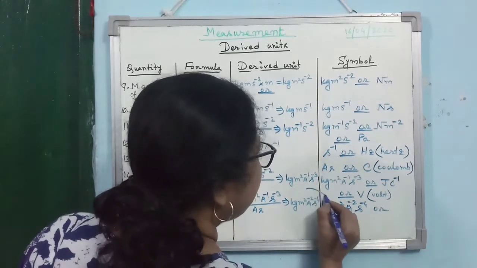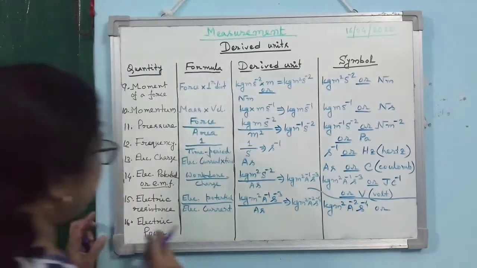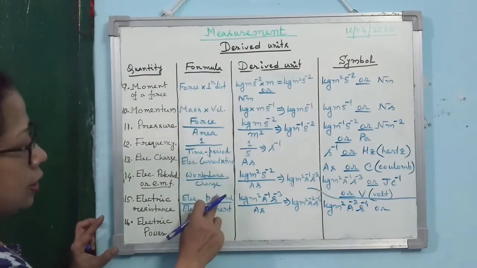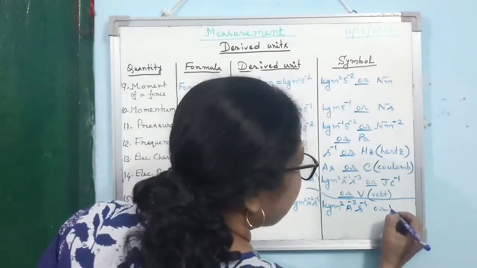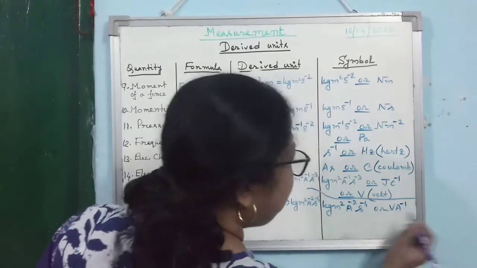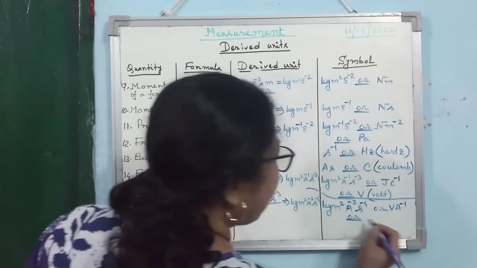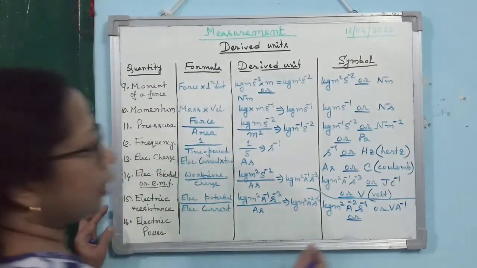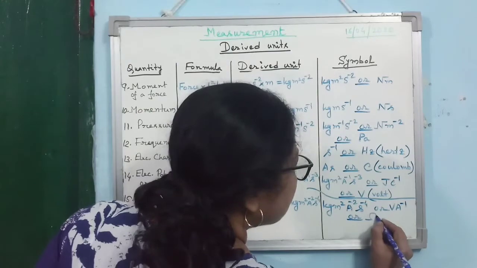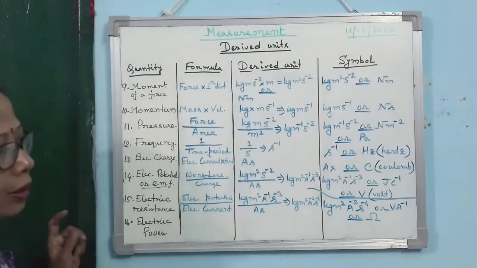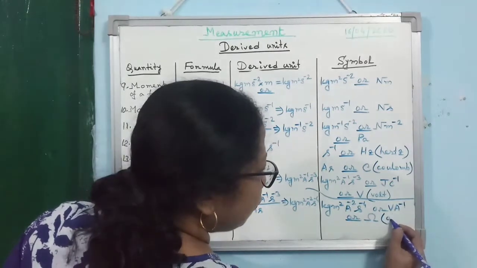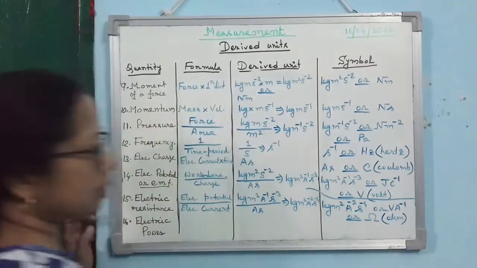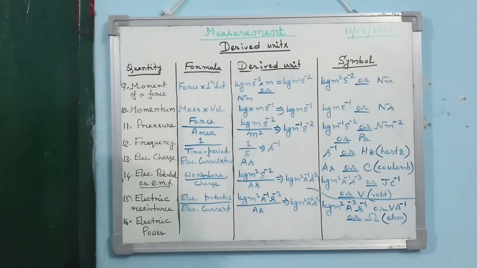So base unit is kg meter square A to the power minus 2 s to the power minus 4, or you can write it as, here just see, electric potential is volt and electric current is ampere. So you can write it as volt per ampere, also known as ohm. So this is the Greek letter we use for ohm, and if you write the full form, then this is the full form. This is for electric resistance.